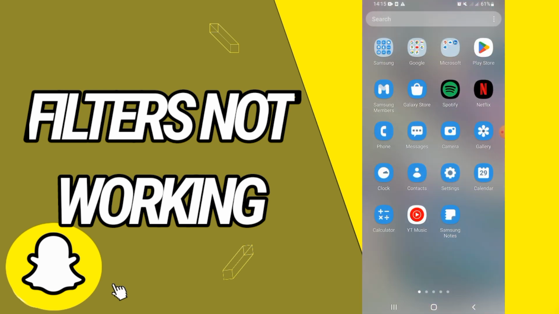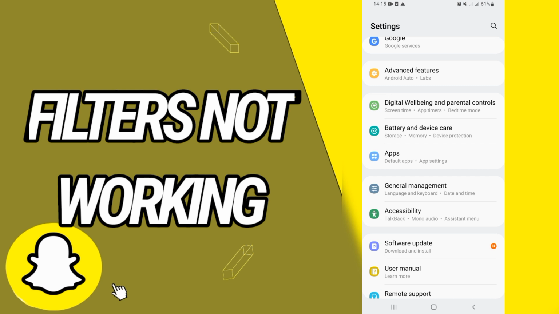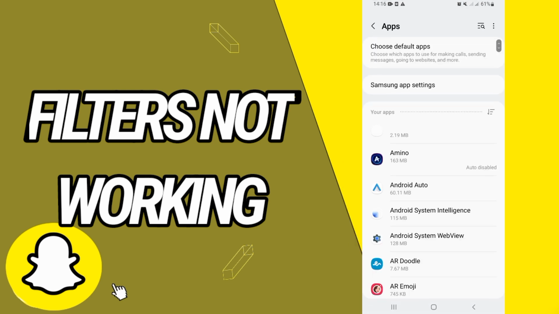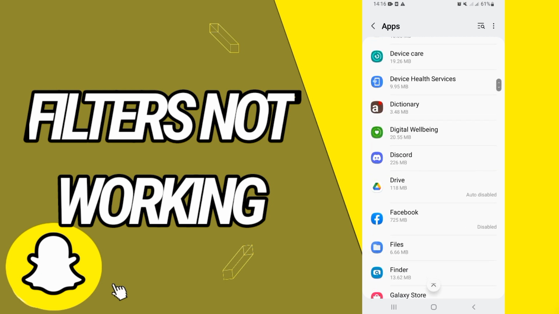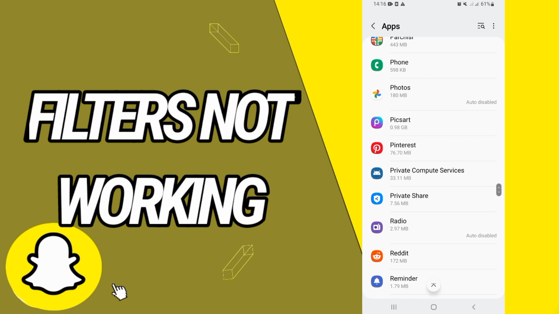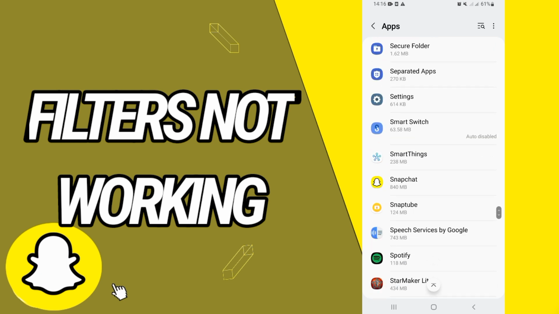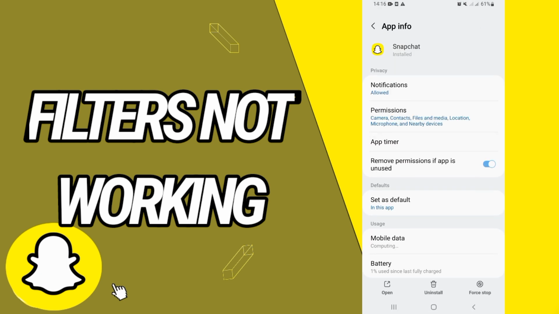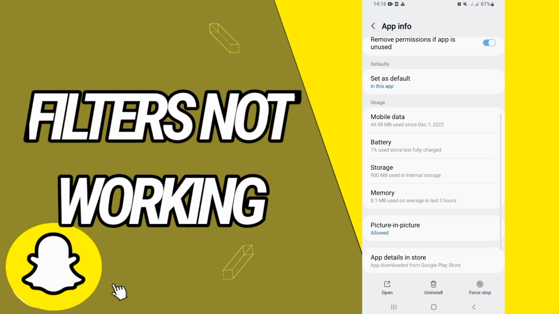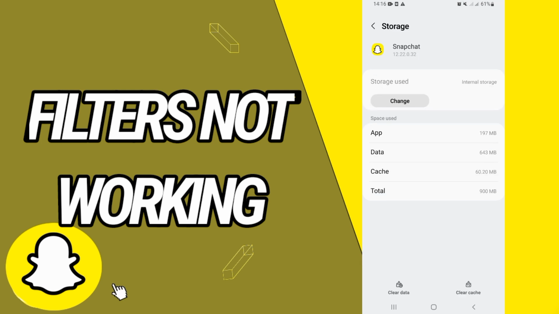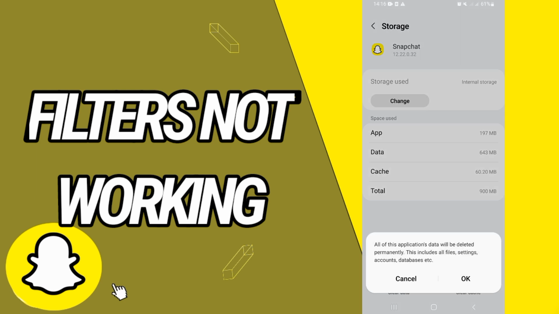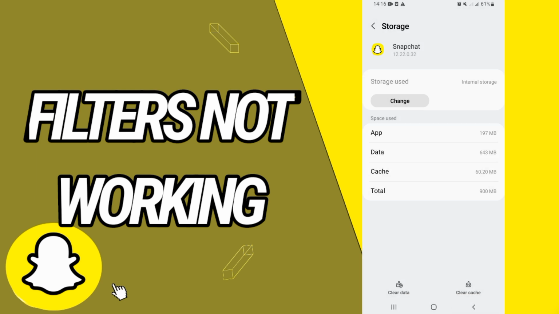So let's start. First you will just open the settings of your phone and you will go directly to apps or applications. And on apps or applications you will search just for Snapchat, and when you found it guys, just open it like this. And then you have to go to storage, and on storage guys you will go to the last button, clear data, click OK